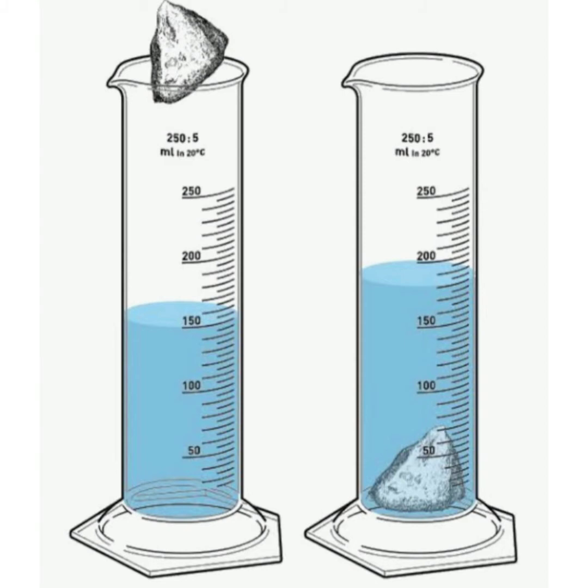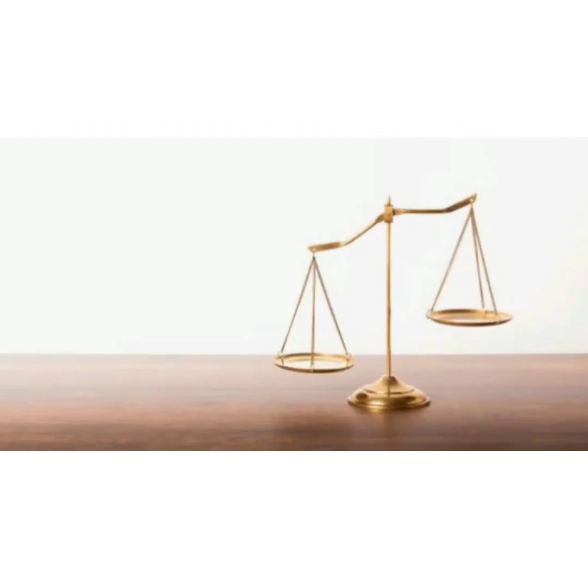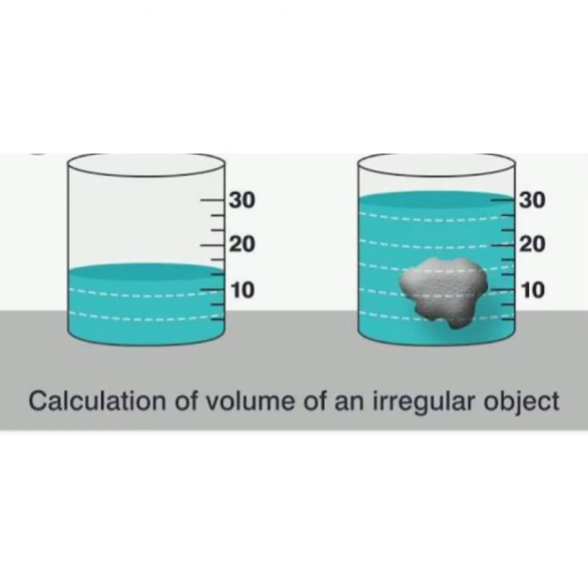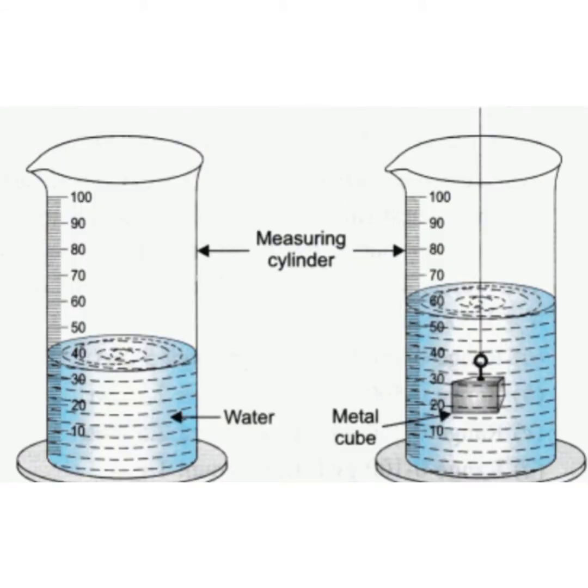Children, how do we measure the density of irregular solids? Do you know? Listen here. First, we have to know the mass, which you can measure on a balance or a scale, and the volume, which is the amount of space the object occupies. You can find the volume of an irregular object by immersing it in water in a beaker or other container with volume markings and seeing how much the level goes up.